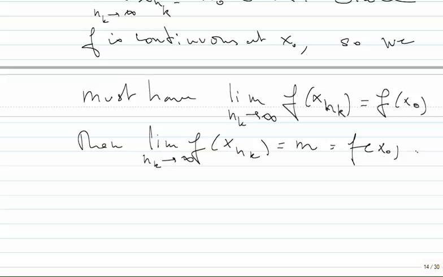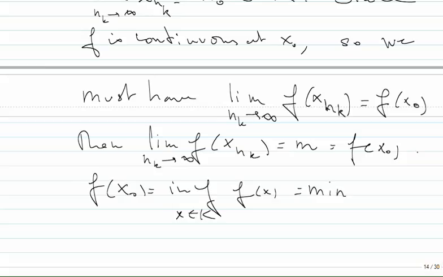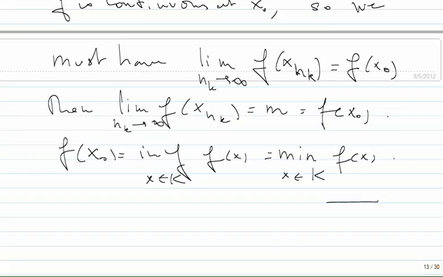So we found a point in K that achieves the infimum. Therefore, f of x0 is equal to the infimum, and because x0 belongs to K, in this case it is a minimum. Okay, a similar proof will give us the supremum being the maximum. An application of this beautiful theorem is as follows. The next application: